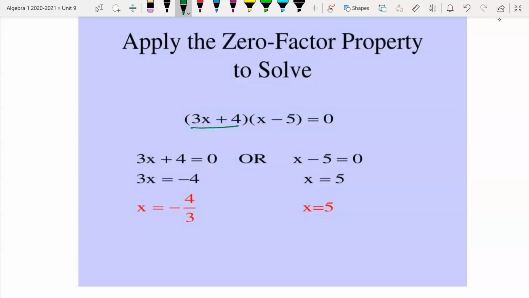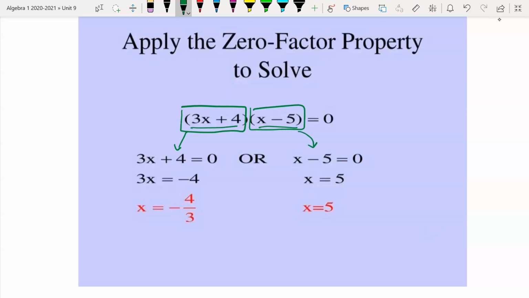So notice this is a factored problem. See how it's factored in its two parts, 3x plus 4 and x minus 5. But notice it equals 0. So beforehand, we didn't have the equals 0 part. We just said 3x plus 4 and x minus 5 factored, we didn't have an equal sign. So now the zero factor property, which is what we're going to use, if I have a quadratic equation, I set it equal to 0. So I take each individual part and I set it equal to 0,